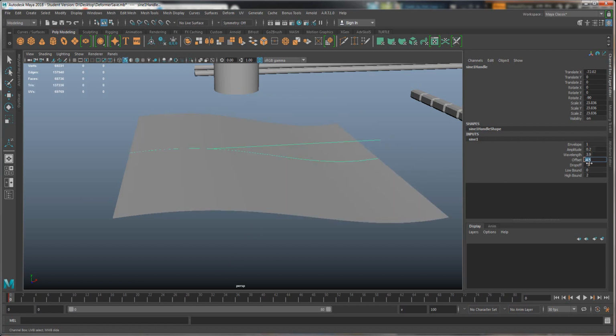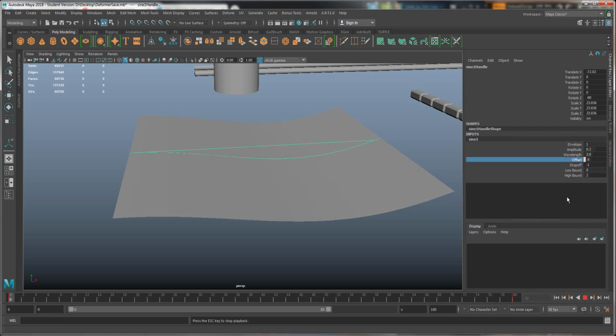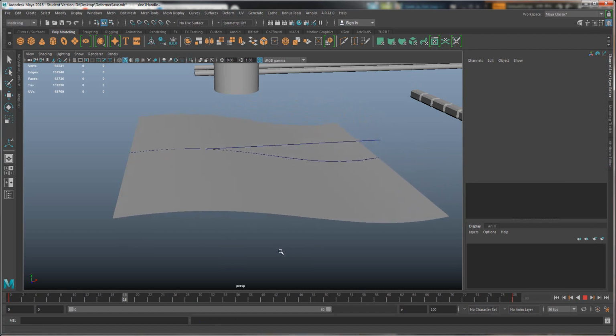So I'm just going to do a bit of experimenting. You can see that the animation is not perfect, but we've got a nice